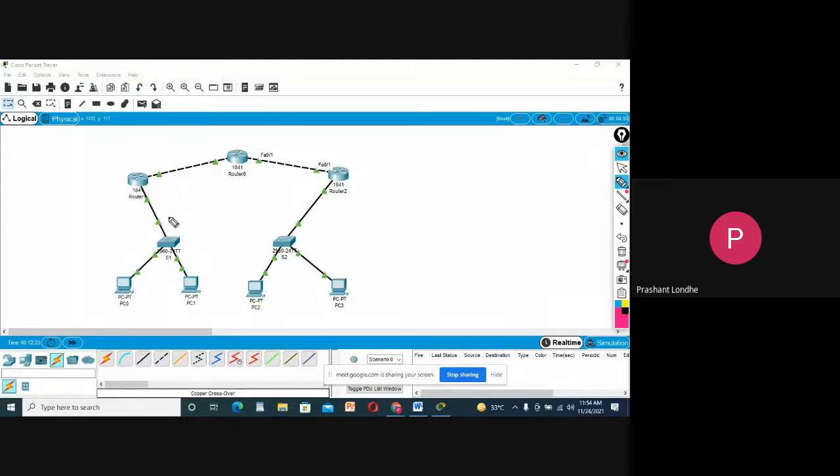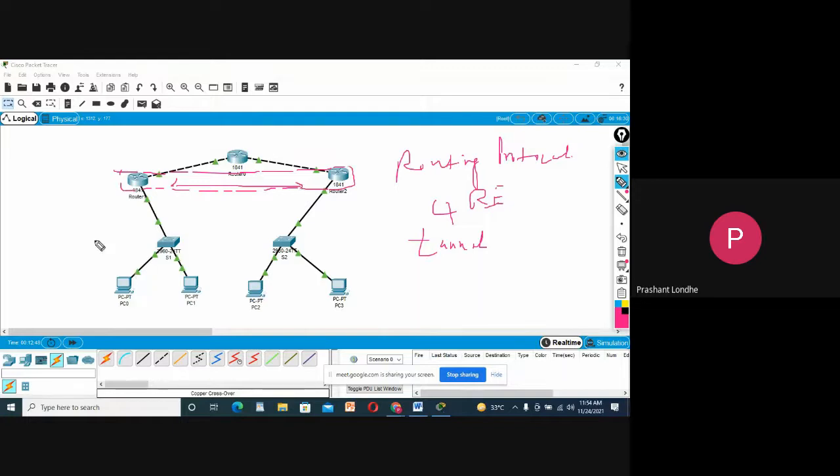Basically, you are supposed to set the routing protocol with the help of generic routing encapsulation, that is GRE, and we are supposed to set a GRE tunnel. So basically, we are supposed to connect these two routers directly, and set the communication between these two routers. Now, in reality, it is not possible, because we are supposed to use virtualization over here.